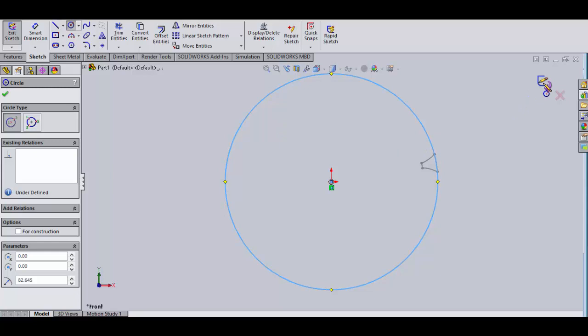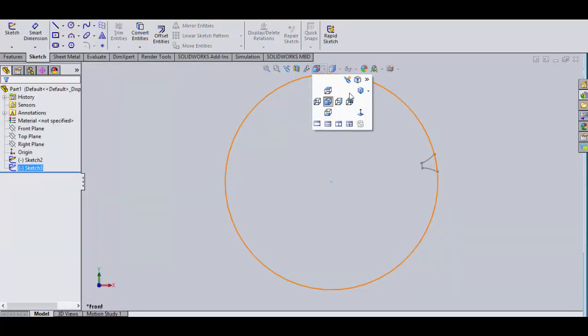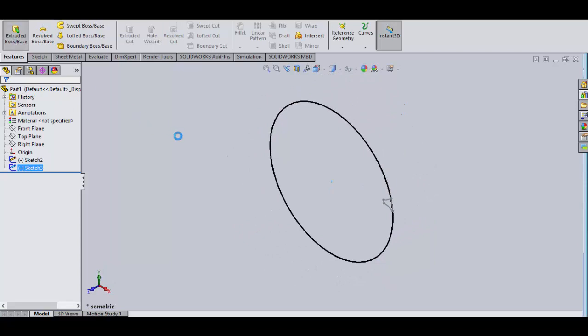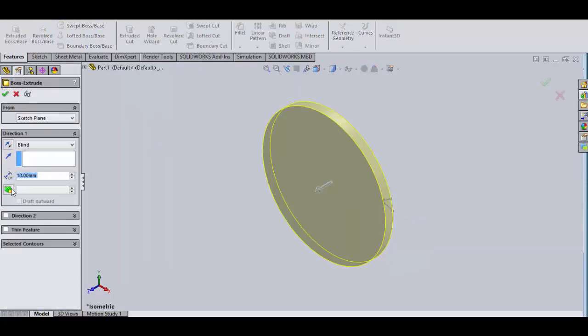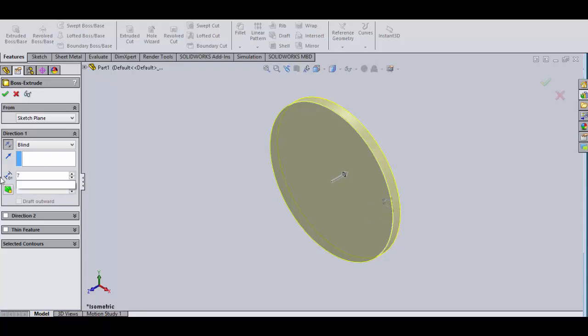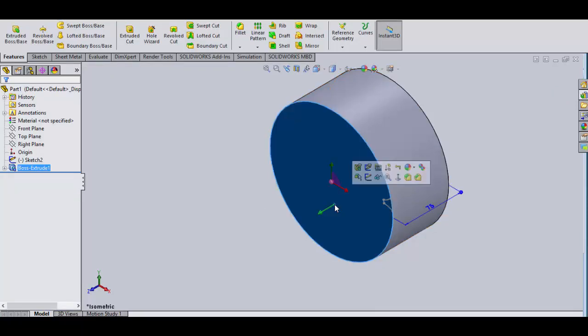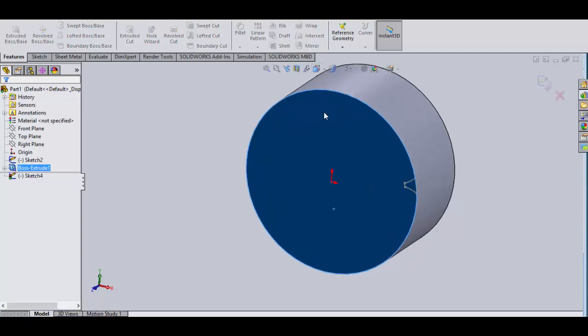Now exit from the sketcher, see this in the isometric view, go to features, extrude this. Change the extrude direction like this, such that you can see the profile. Extrude distance is the face width, that is 75. Click on OK. After extruding this, select this particular face, create a new sketch, see this from the front,